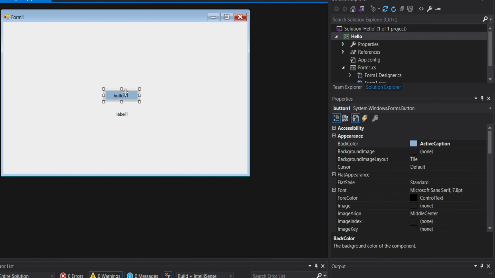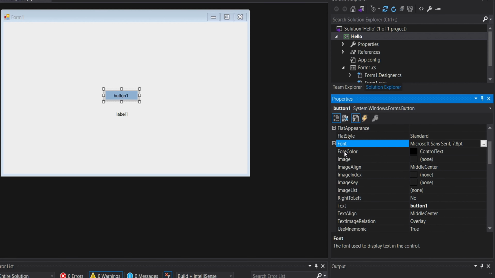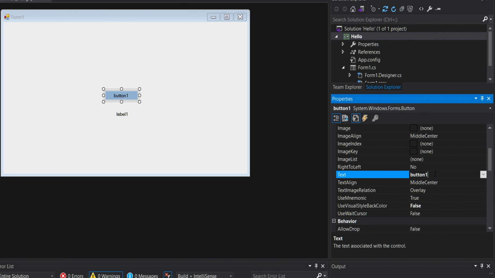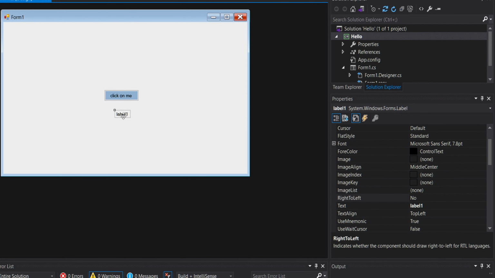So you can also change whatever this says. So here it says button1. So we can change that from under the font tab. Here under the font, you can select the color of the text, and then you can also change the text. So in the Text property here, you need to select and type. Okay, let's call this button "click on me". Okay, so we will inform the user to click on the button. And then when we click on this button, we will change whatever this label here says. Okay, so